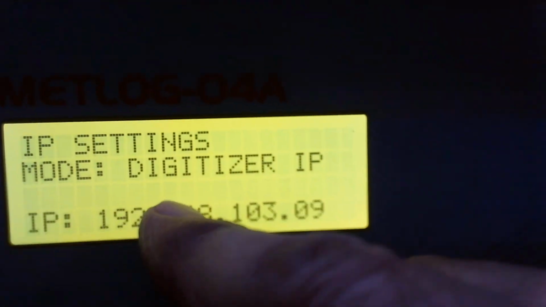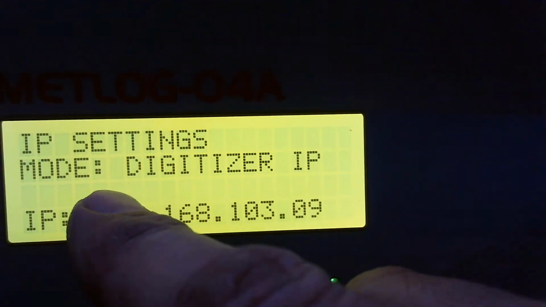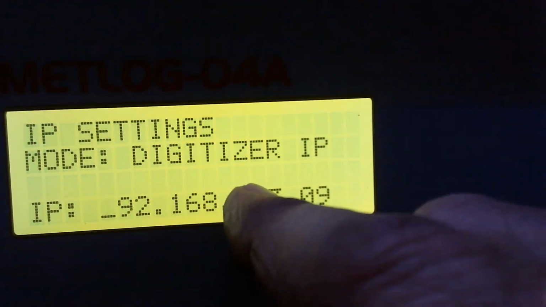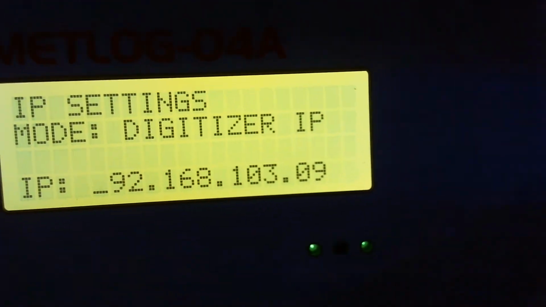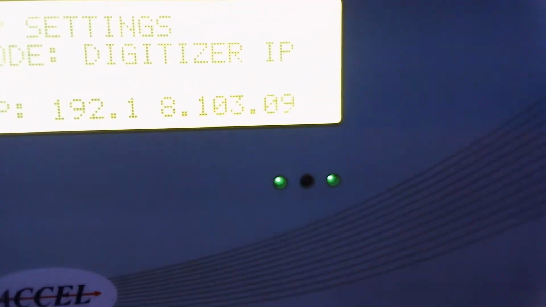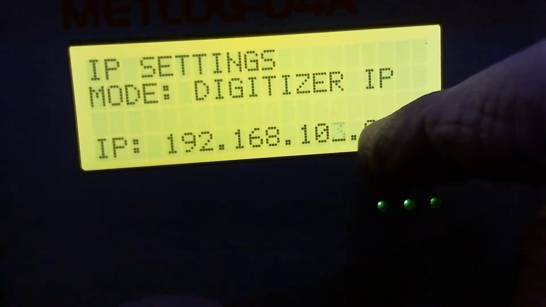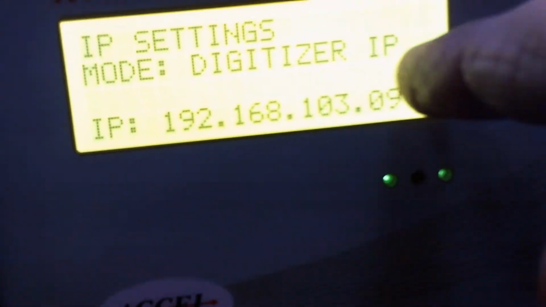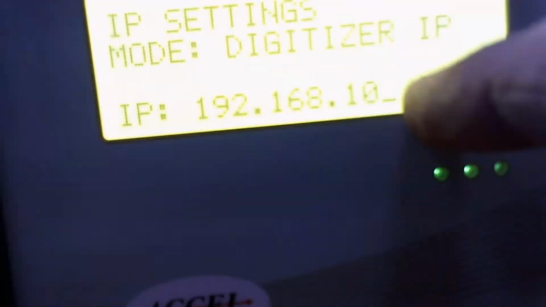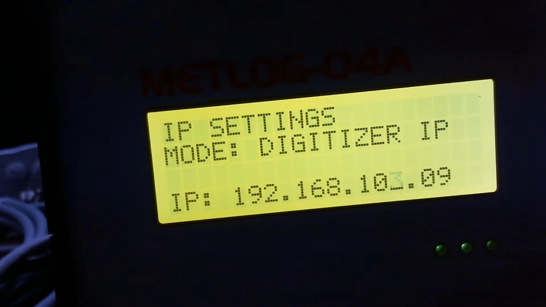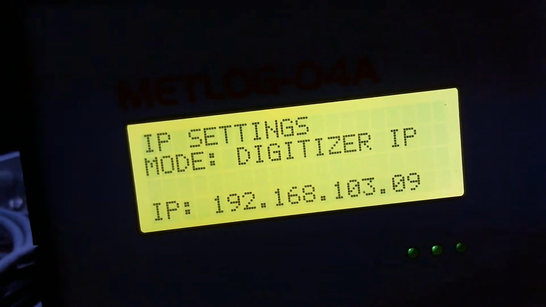You can change only the first three groups with the help of the select button, but you cannot change this last digit group because this is your runway number, and it has to be changed through the system configuration runway number setting mode. Okay, so after doing this, press enter.